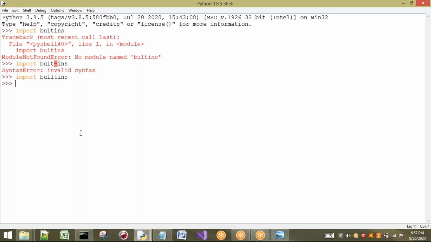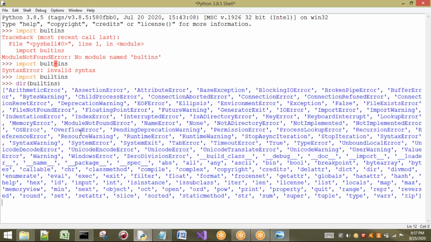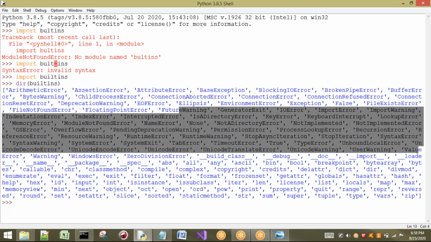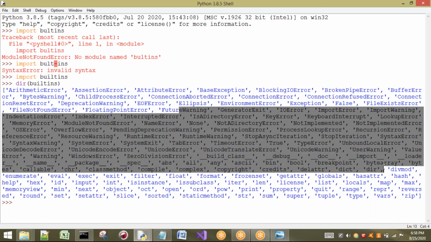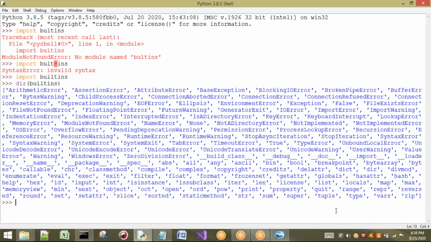Sir, I want to see what things are present in builtins. Just use the dir function to see builtins. Just type this. Now you can observe here: int is there. If you go here, float is there. If you go some other way, you can see many other things. If I directly print, let us see, print is a function. If we go here, all these are classes available by default. See, import is also available. So this many default built-ins are there.